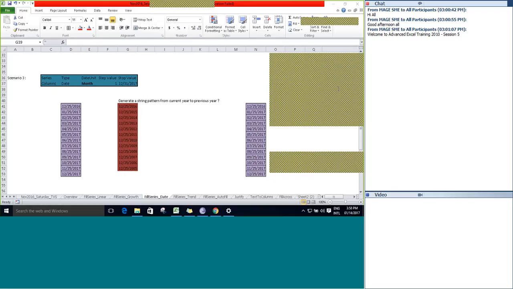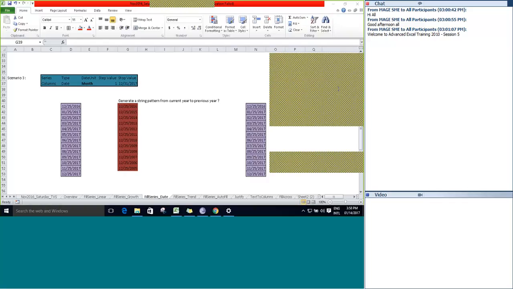I am just reading the query received. What is the significance of step value in weekday and month date unit? I'll provide you one scenario for a month date unit. Say, for example, you want to send one report on the 15th of every month.